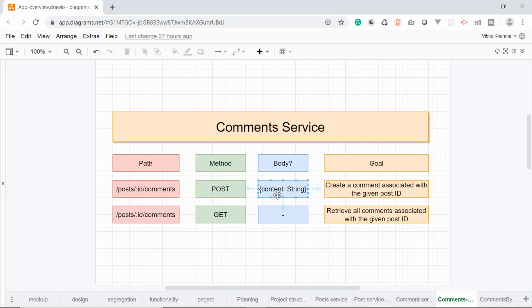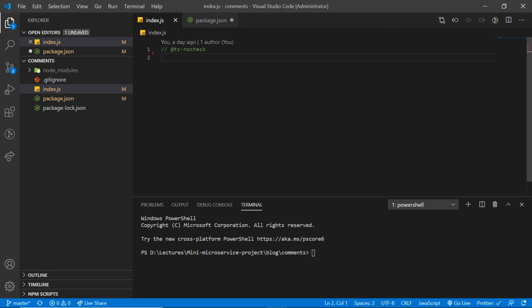Next, I am going to tell you why this comment service is going to be little complex. Right now, let's jump to Visual Studio Code. Here, I am inside the comment directory. Here, I am going to just initially do some steps that I did in post service. Let's import the Express package.